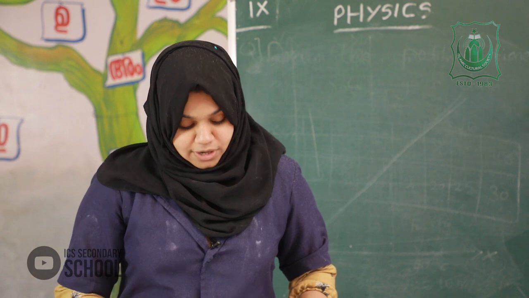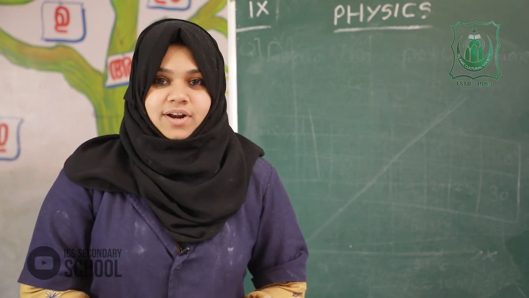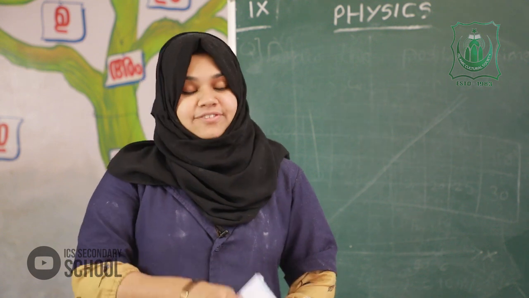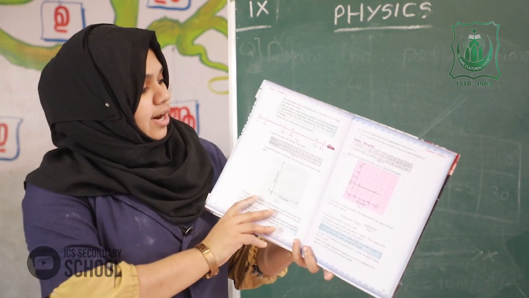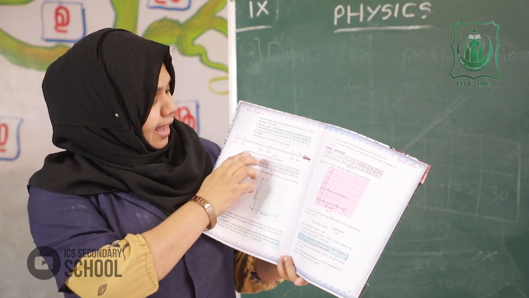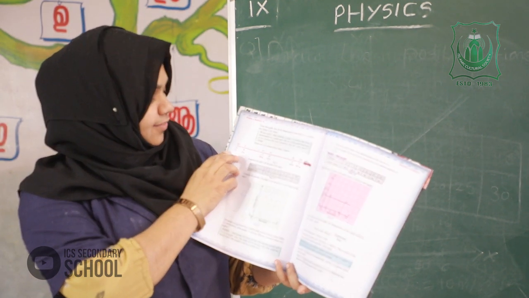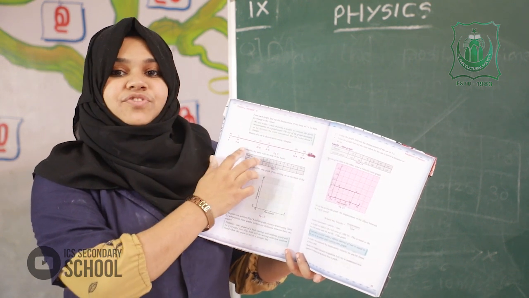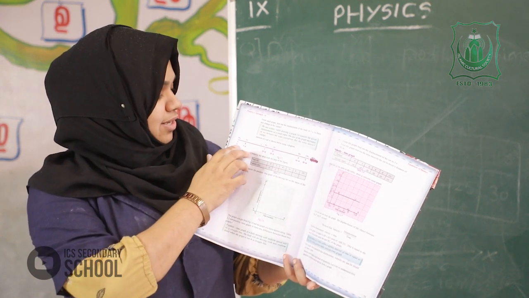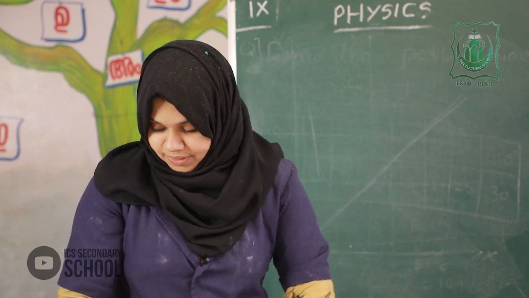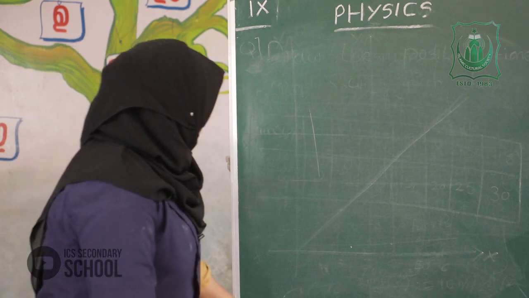Next, all of you take page 34. Here the motion of a car is shown using a diagram. From this diagram, complete the table with the help of this figure. At 0 seconds, 0; at 2 seconds, 5 meters. Then how can we complete the table?